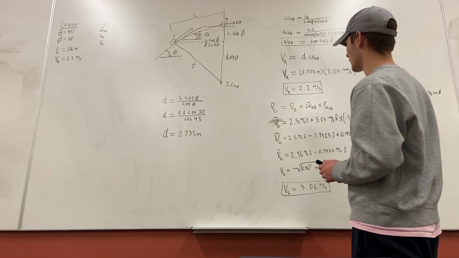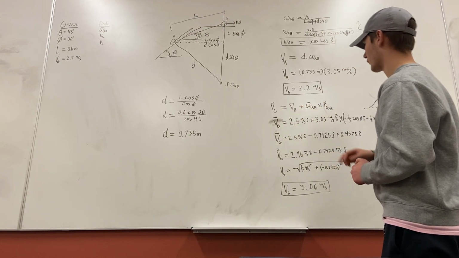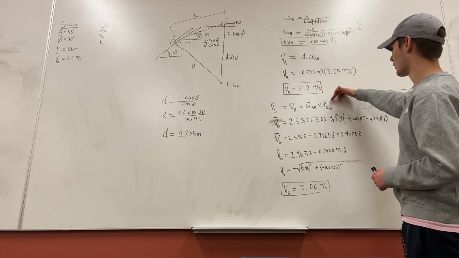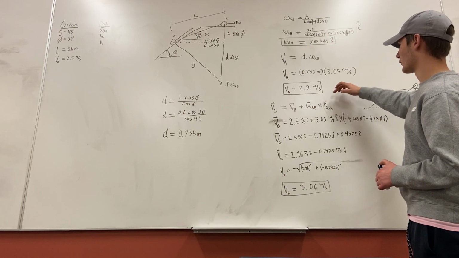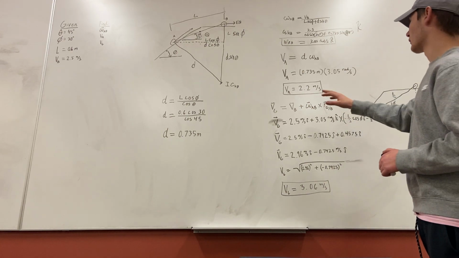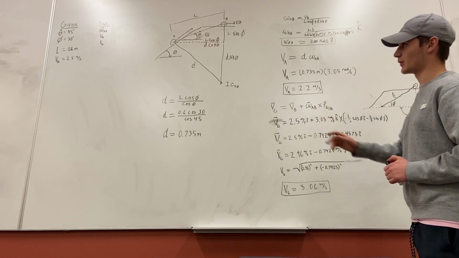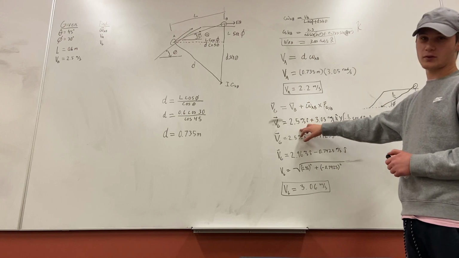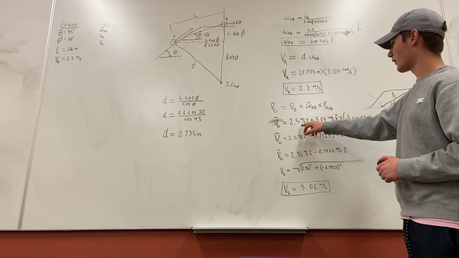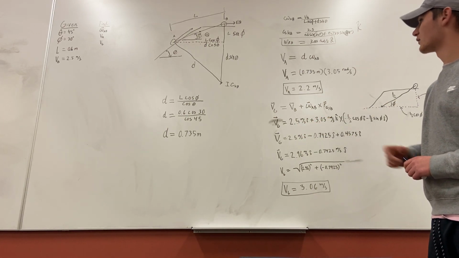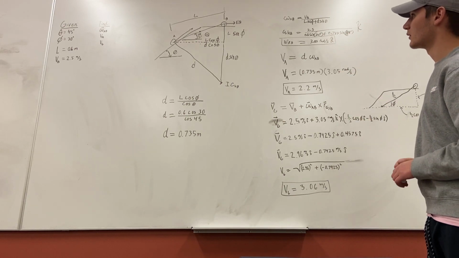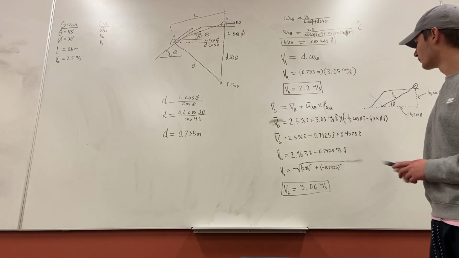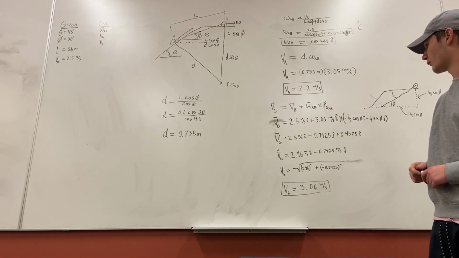The vector VG equals the vector VB plus omega AB cross the position of G with respect to B. From there we can plug in the values for VB, which would be 2.5 meters per second I hat, as there's no velocity in the y direction. And then we can plug in our omega AB, which we found up here, 3.05 radians per second K hat, cross